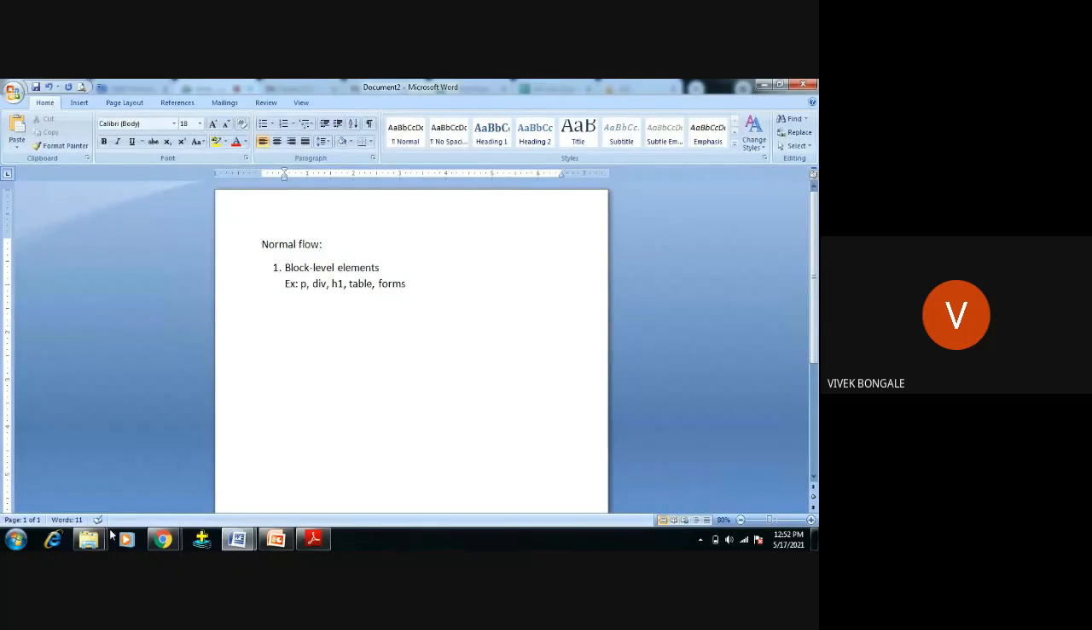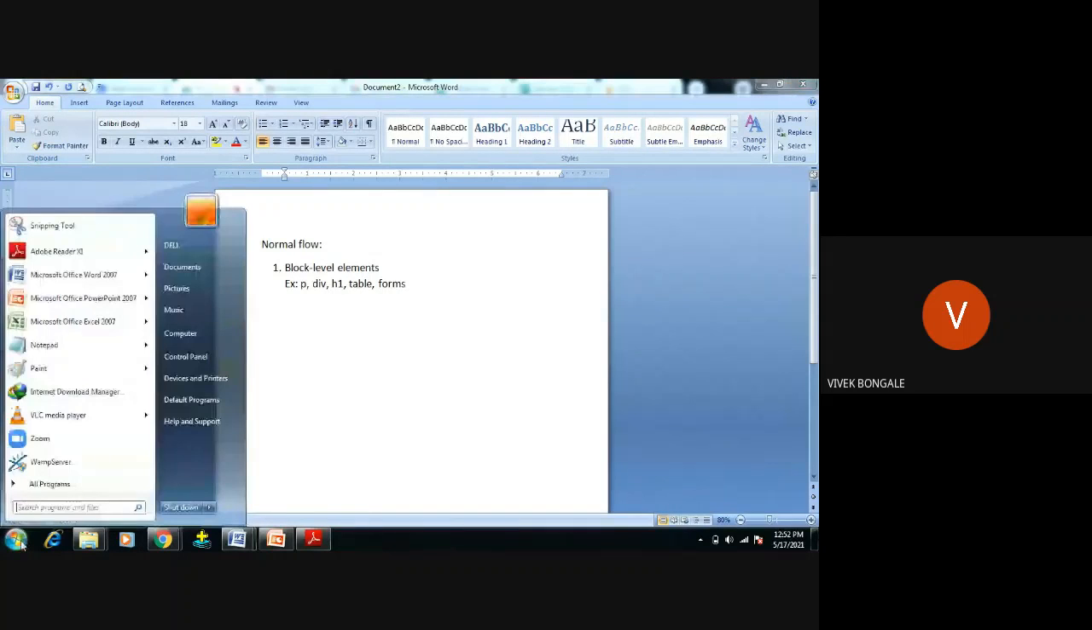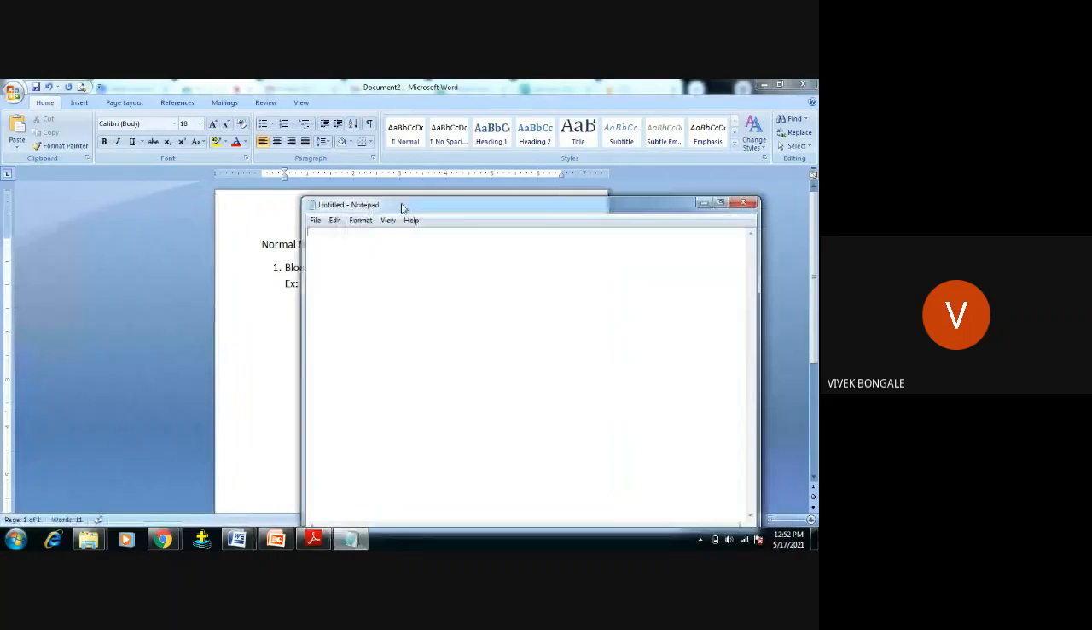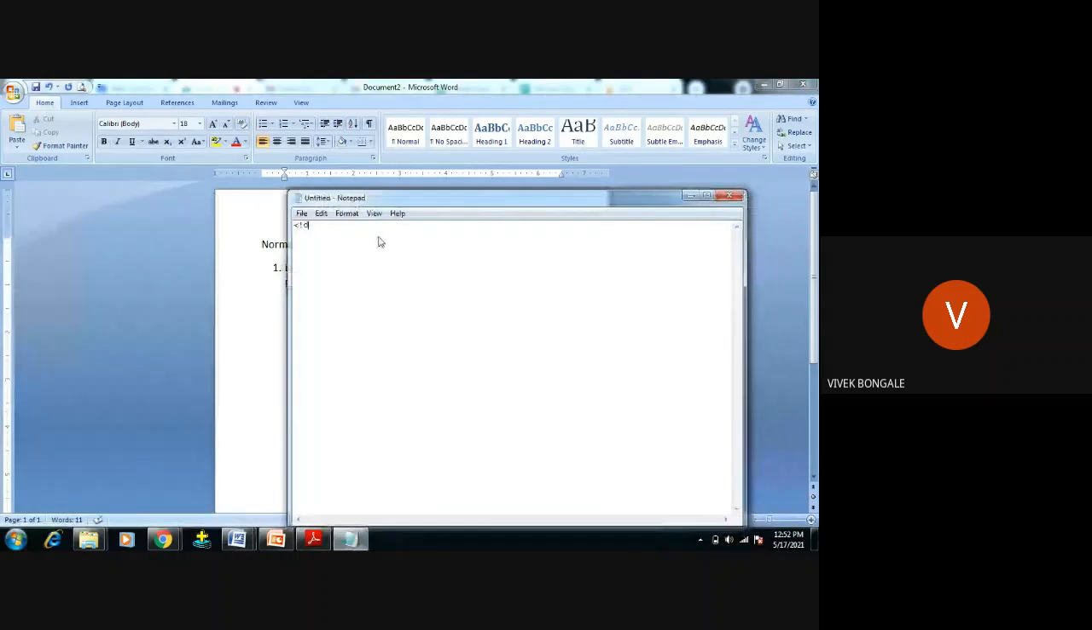Okay, I will show an example now for more understanding. So I'll go to here. Doctype, then HTML, then head. Title I will use as block level, and I will close the title and close the head. Okay, now I will go to body